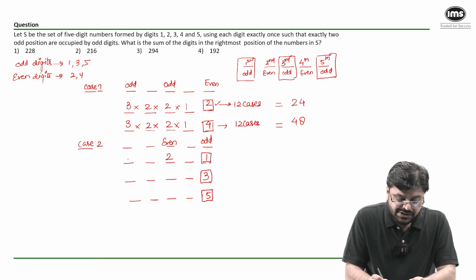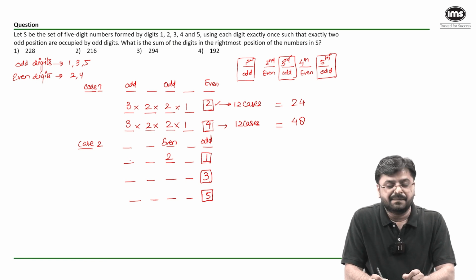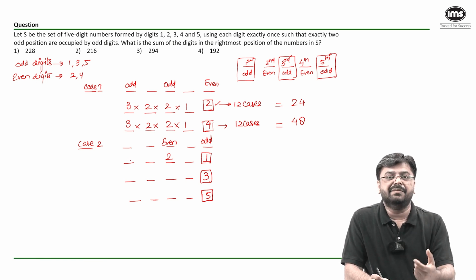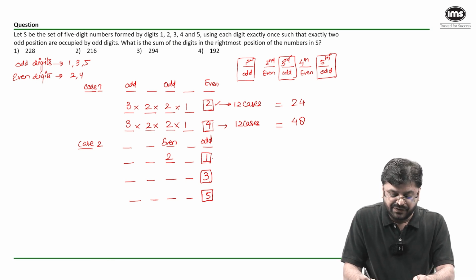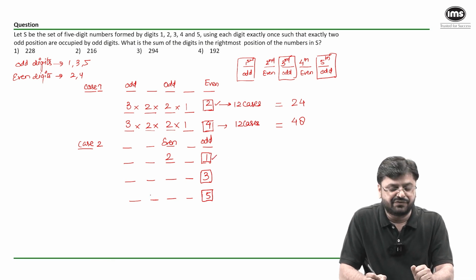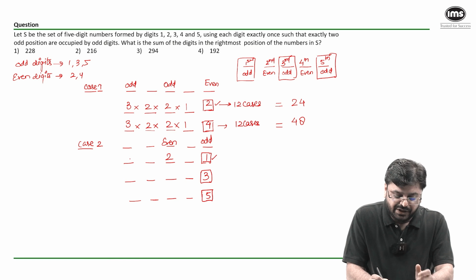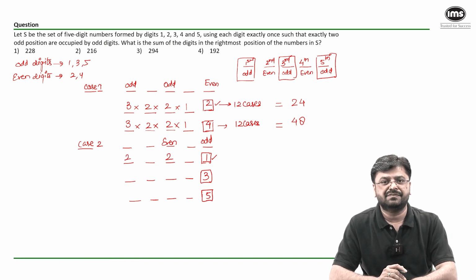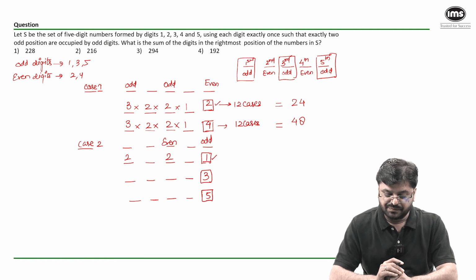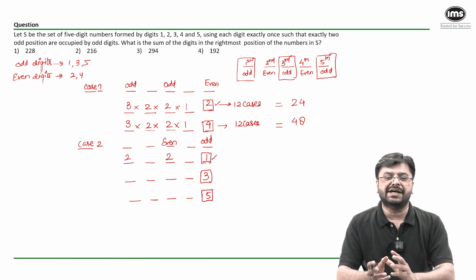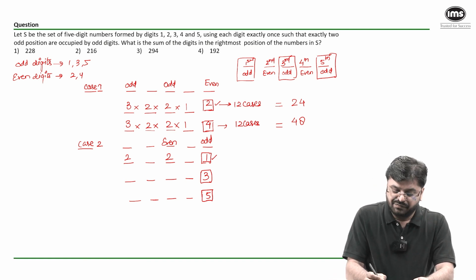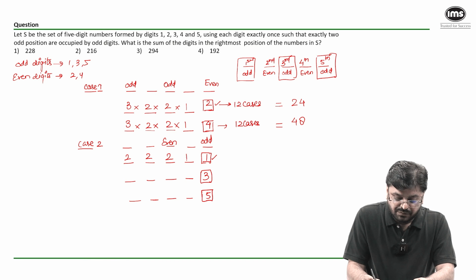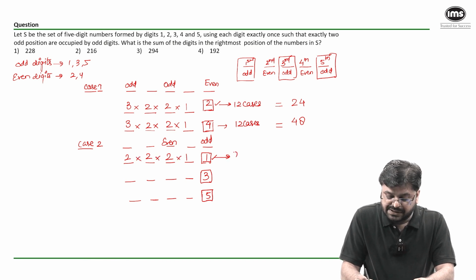Then this odd place I need to fill with the remaining odd numbers. How many remaining odd numbers are there? If I put 1 here, I'm left with 3 and 5. So I can put any of the 2 digits at this position. So this place can be filled in 2 ways. Now for the remaining 2 places, again I am left with 2 digits which I can arrange in 2 into 1 way. So for 8 cases,